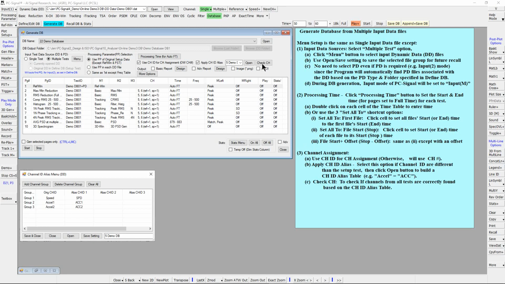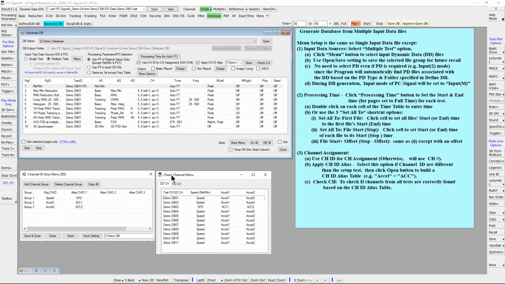After channel ID alias is defined, before starting the dbgen, click on Check Channel button, which will check if all the required processing channels from all input tests are available and correctly found. A check channel table will be shown to summarize the channel check result. For example,